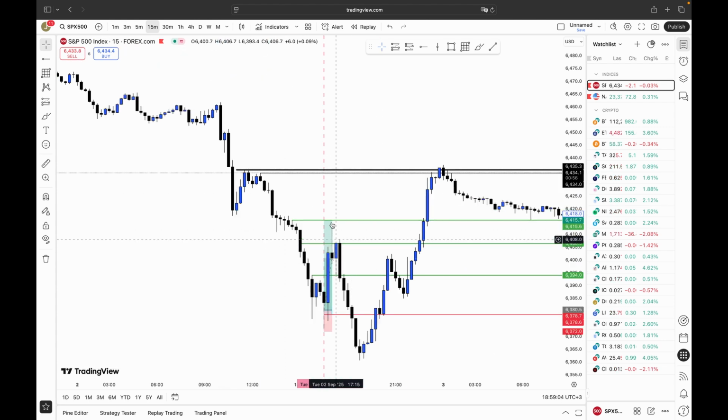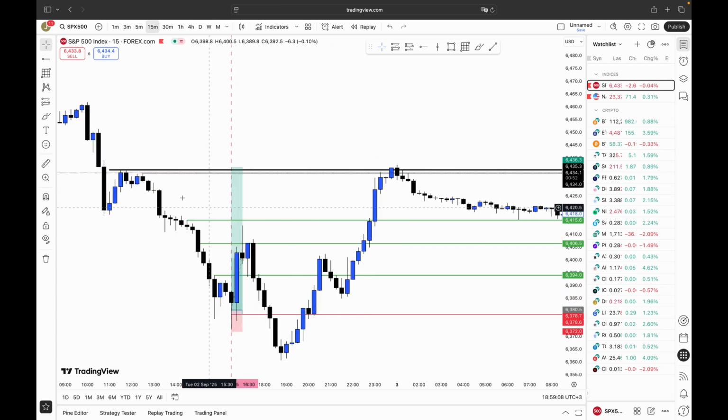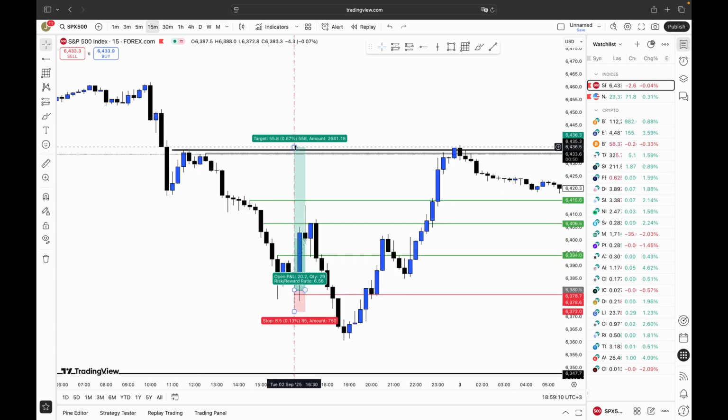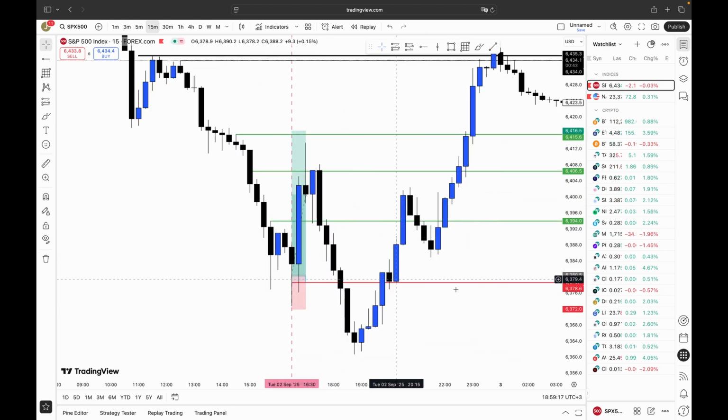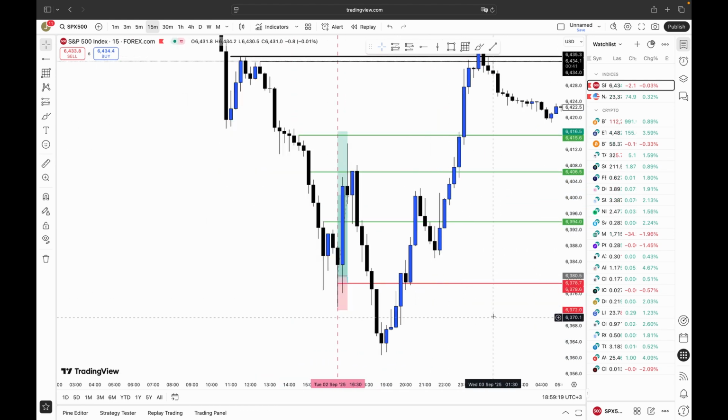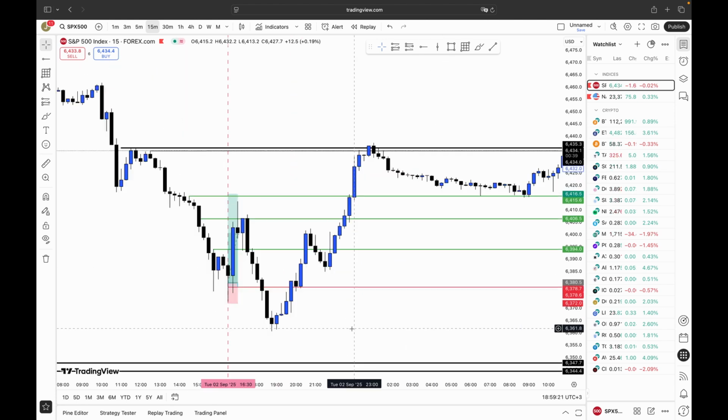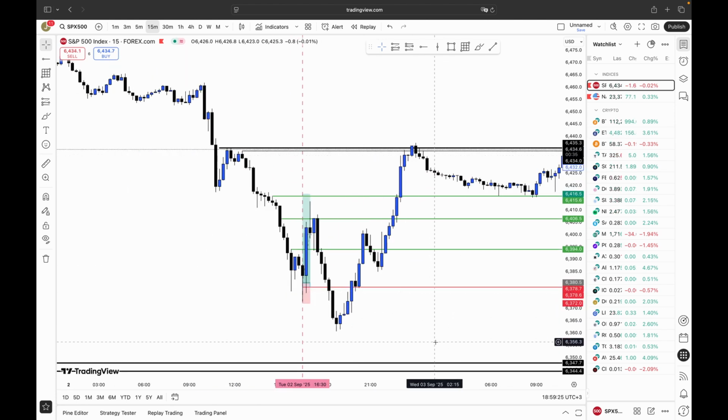While I was in my trade, I was confident that we might even take out these highs up here, these equal 15-minute highs, but that would probably have been too strong a move for the ES on a Tuesday. But as you can see, the following day, which is today, we took out this liquidity.